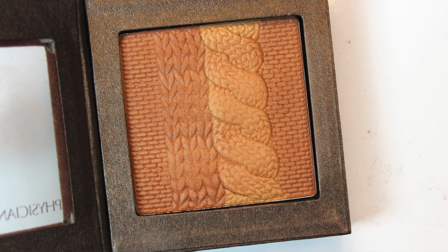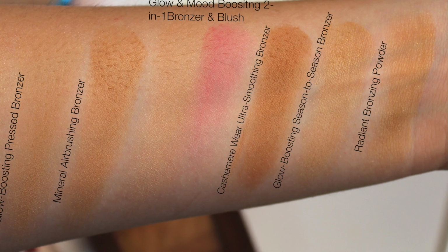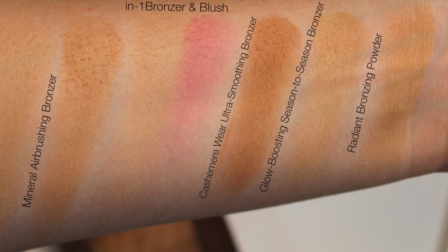Here's what it looks like inside, and this glides on like butter, and it is super pigmented. So if you are taking a super dense brush to apply this as a contour, use a very light and dainty hand, because